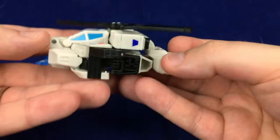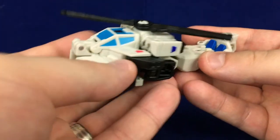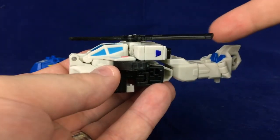Looks good. One thing I do want to address with Battle Slash is I know some people have had issues with the rotors banging into stuff when spinning, and that gets in the way of things. If you'll notice,